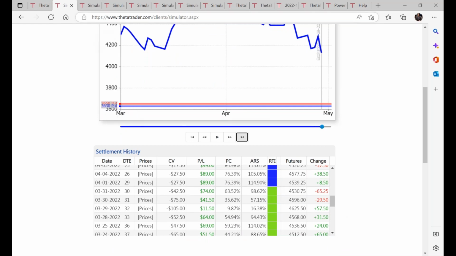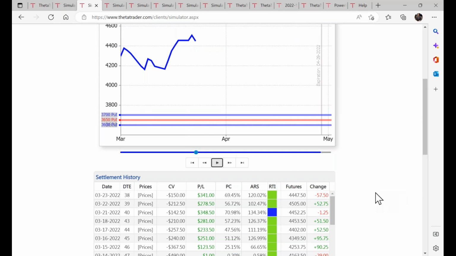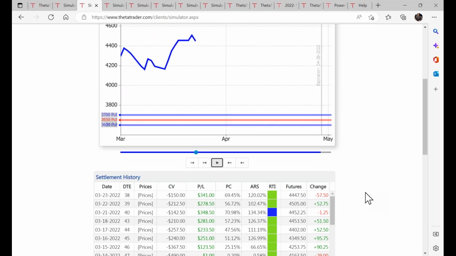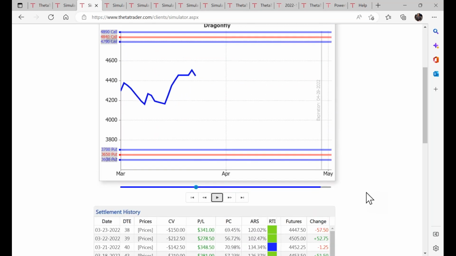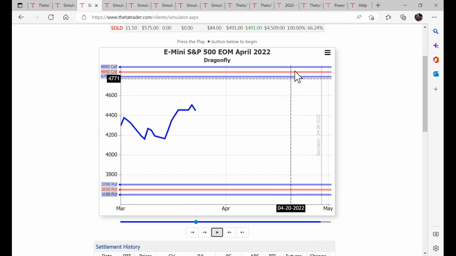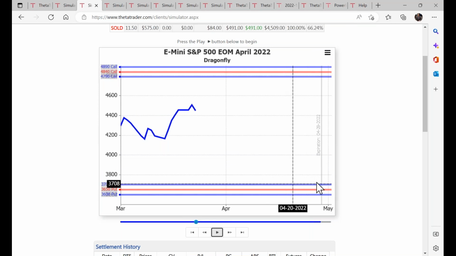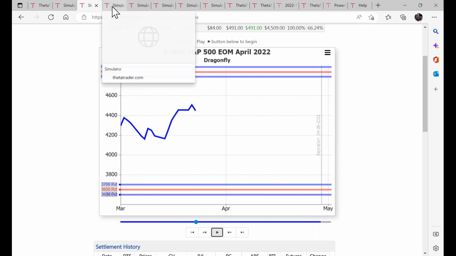So you can see how in this case the dragonfly matured more quickly and allowed you a window, an opportunity to get out for a profit about 11 days sooner than the condor. And that's just because, again, of the different trade structure of the dragonfly, you have the 6 legs, not the 4. You own this call and this put, and therefore theta decay won't adversely impact you as much. And I'll show you some of these examples here as we move forward.